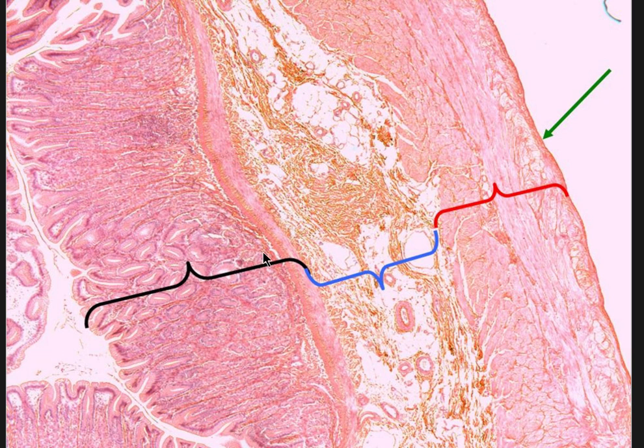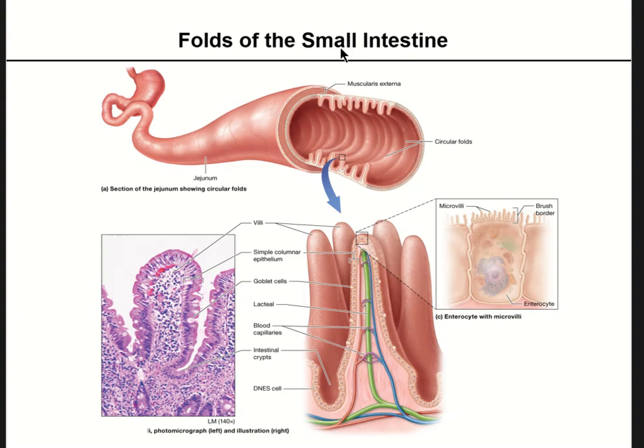Then the black bracket is your mucosa. Then your blue bracket is your submucosa. Then your green bracket is your muscularis externa. Then your green arrow, based on once you identify it's the stomach, we can say, oh, aha, that's going to be our serosa. Okay, and look for these clear oblique, the innermost layer will be oblique muscle. Okay, so then we get to our small intestine,